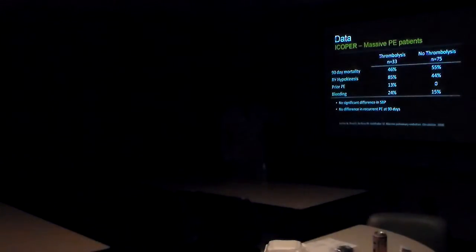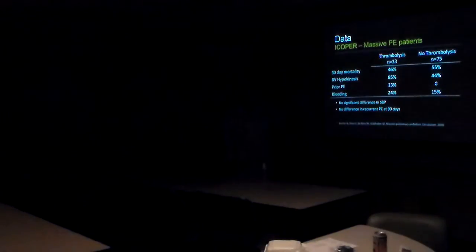History of prior PE in the thrombolysis group, that's very significant too, because at least some of the patients who have a history of pulmonary embolism are going to have pulmonary hypertension and maybe some RV dysfunction at baseline, although it may be mild. So they're at a higher risk of having trouble. So all that is to say, how do you interpret it? Maybe if you hadn't given these patients, with all these reasons to have trouble, thrombolysis, maybe, who knows, their mortality would have been a lot higher than 55%. That's a problem with retrospective data. You just have to look at what it is, but there's a reason that the numbers are the way they are.